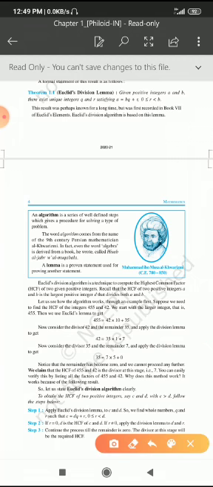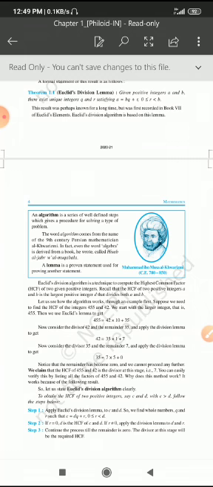And what is the relation between the quotient, remainder and the divisor here? 0 is less than or equal to r is less than b. It means the remainder can be either 0 or more than 0, but it should definitely be less than the divisor. R is less than b. The remainder should always be less than the divisor. This is about Euclid's division lemma.